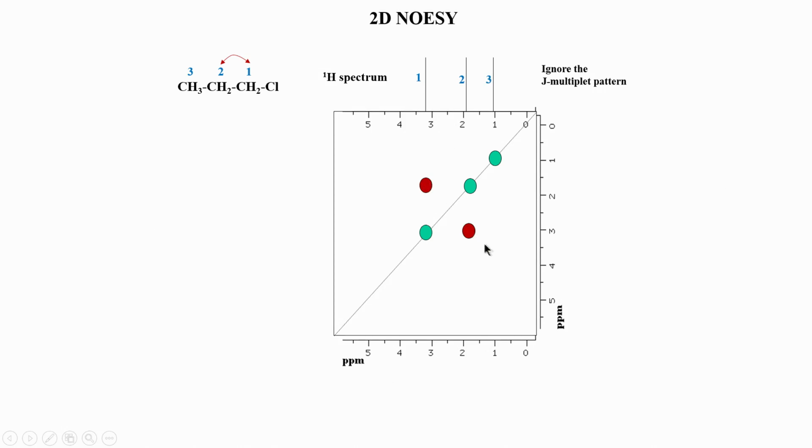But one thing is, if you notice, just having a peak itself is enough to tell us that these two protons are within 5 angstrom. If there was no peak between these two hydrogens, that means they are farther than 5 angstrom. So, you see, the distance information is already coming in without actually calculating the distance. We already know just by the presence of the peak that these two hydrogens are close in space.